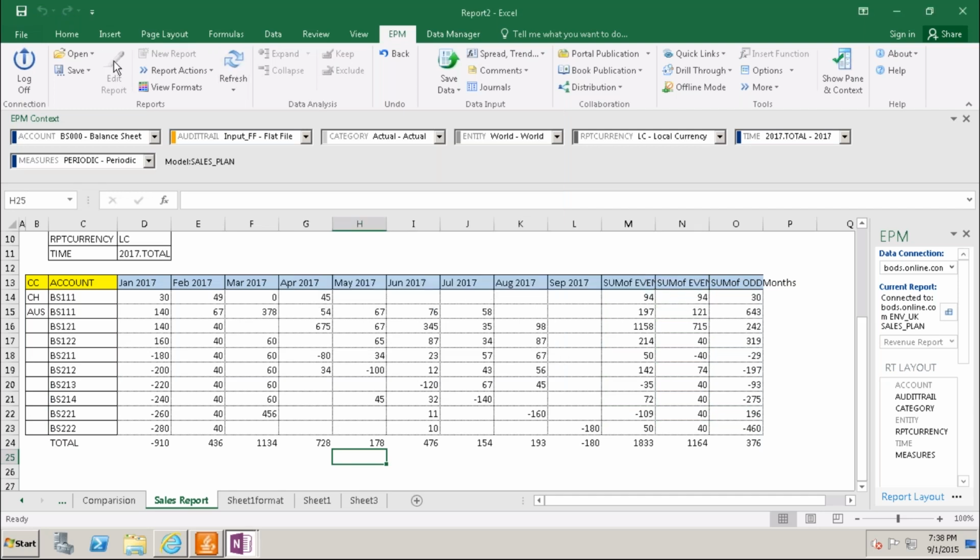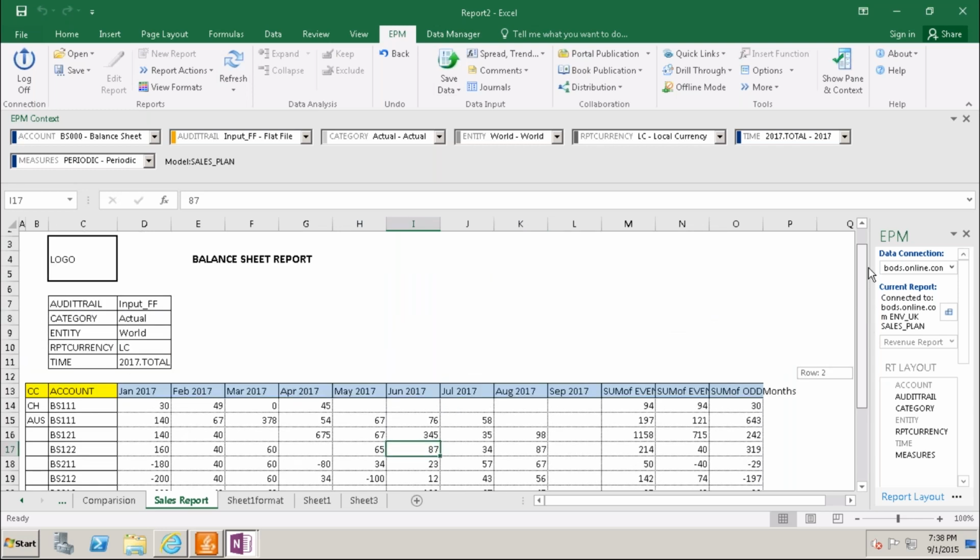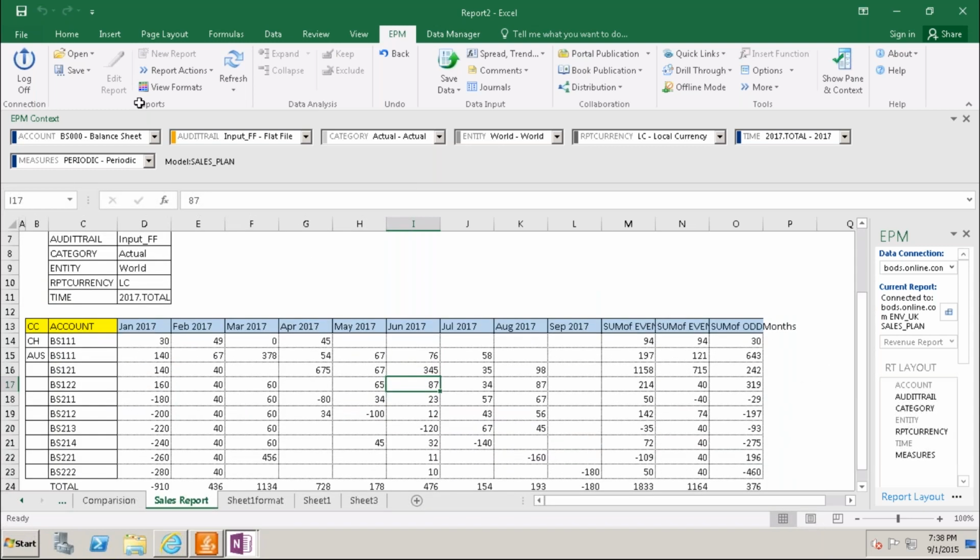See here that edit report is disabled, and if you want, this will save out. There is no data, but it will save for you, and basically it will be protected by this one, so he cannot do anything on this report now.